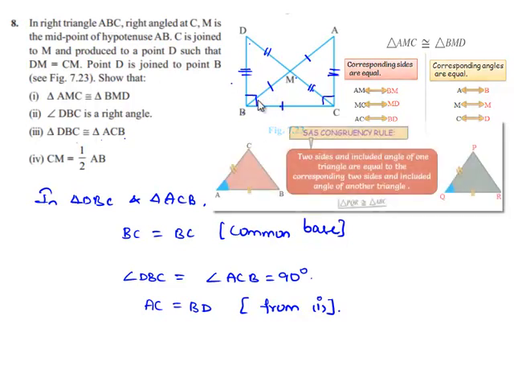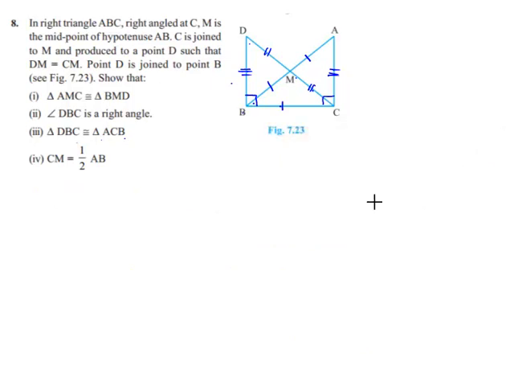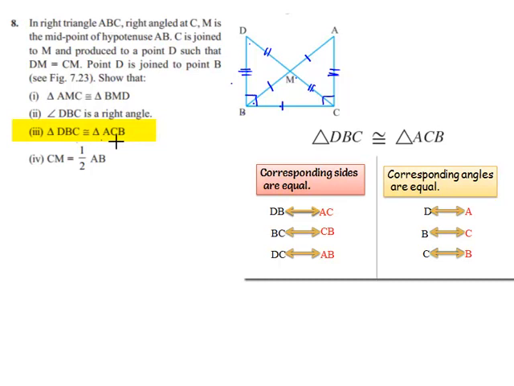Now, the side, angle, side of both the triangles are equal correspondingly, so from the SAS property, triangle ACB is congruent to triangle DBC. Now we got that triangle DBC is congruent to triangle ACB. We know that when two triangles are congruent, their corresponding sides and corresponding angles will be equal. Therefore, the side corresponding to AB in triangle ACB will be CD in triangle DBC. So now we can equate